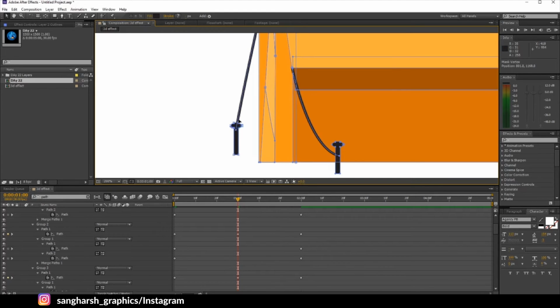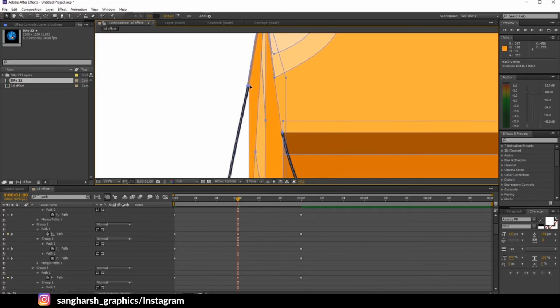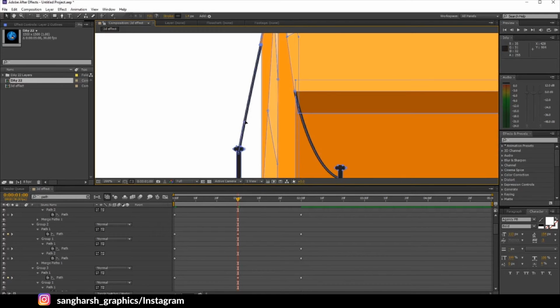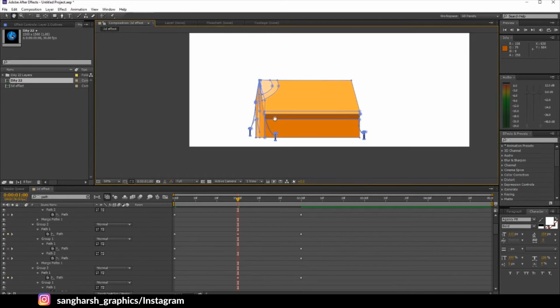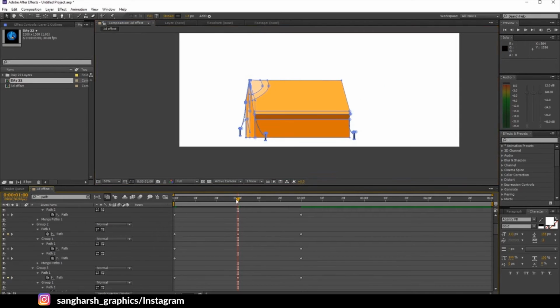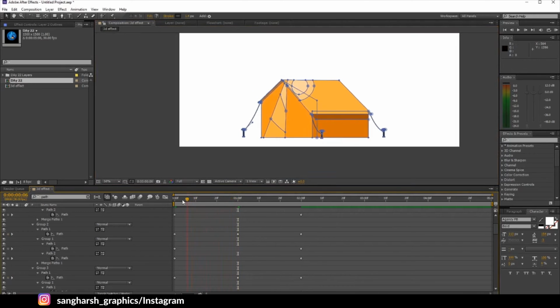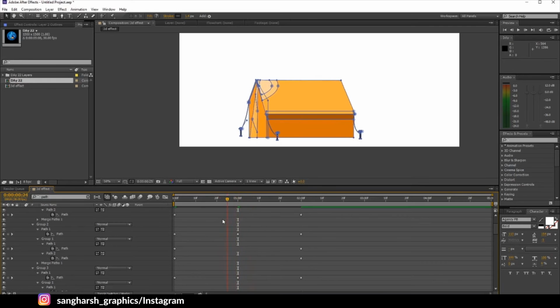Okay, select the middle point here. It's not selecting. Yeah, as you can see, now we can bend it like this. Seems perfect. As you can see how it's animating, it seems like the camera angle is rotating, but actually it's not. This is the fake 3D effect.